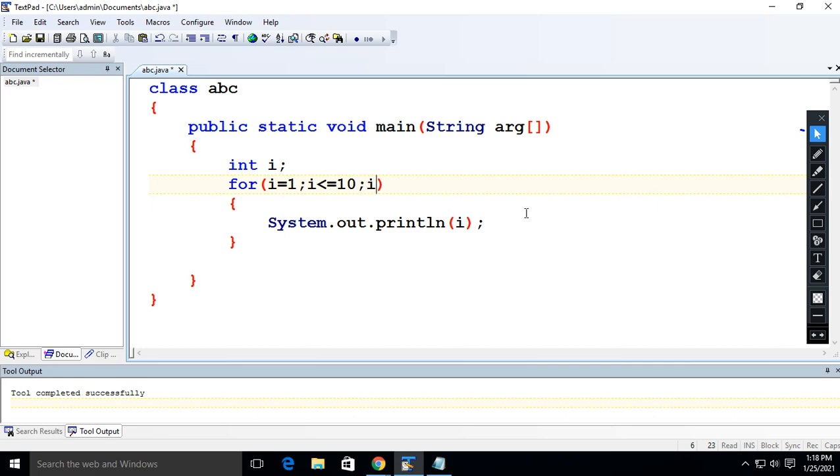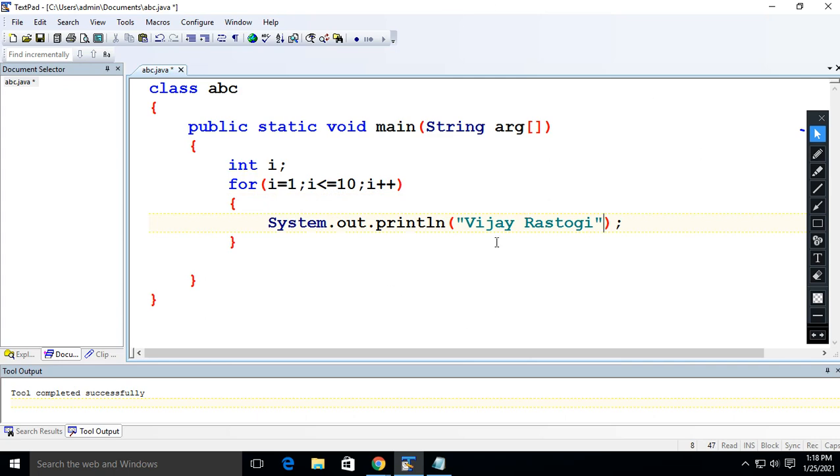10 times. And then for the natural number we wanted to generate loop. So, we are doing this i plus plus. So, here what do you want to print? Here I wanted to print my name like this. Whatever your name is, you can give that name in the double quotation mark.